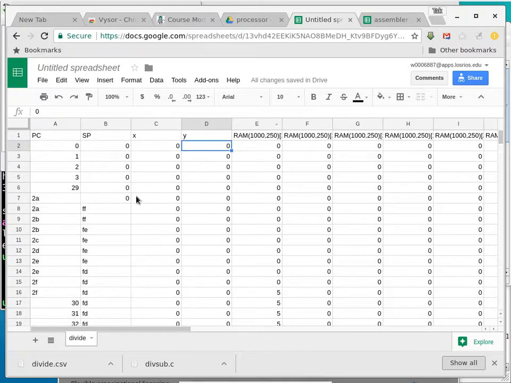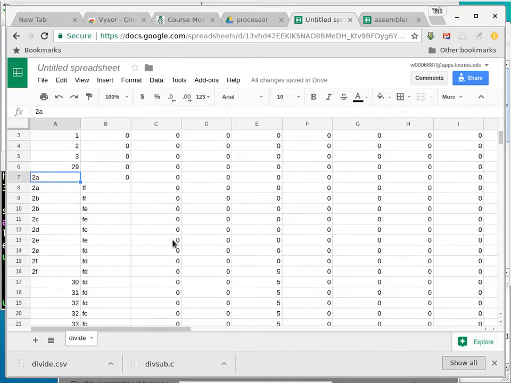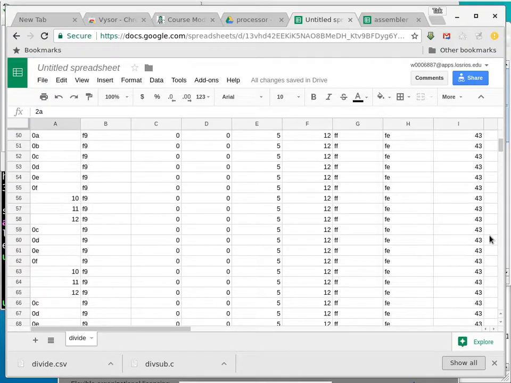The reason why it looks kind of funky is because when the numbers can be interpreted as decimal numbers, it would just say, oh, this is a number. But everything is actually in hexadecimal. It's just incorrectly interpreting those things as decimal values. Anything that starts with a non-digit or cannot be interpreted as a number, it would just say, oh, it's a string. And that's why the alignment is different. But it still gives you a pretty good idea of what goes on when this program executes. When you look at the actual length of this trace, it's a little bit long,